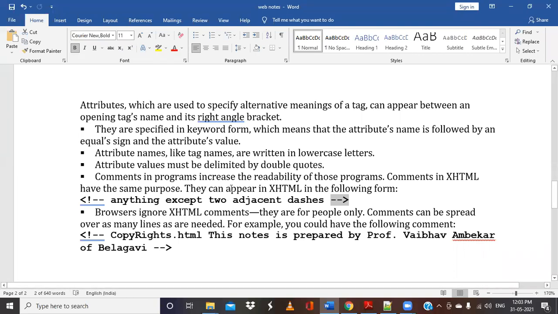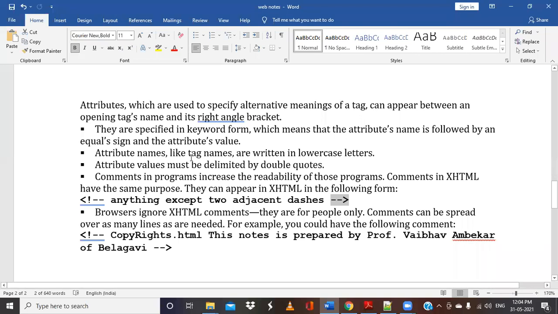And we also need to understand that tags can include something called attributes. For example, if we want to give a particular color for a paragraph, or we want to make some different presentation for the particular paragraph or the elements that we are going to add on the web page or web document, we can use something called attributes. What special things are you going to add apart from the regular thing? Those are nothing but the attribute names.